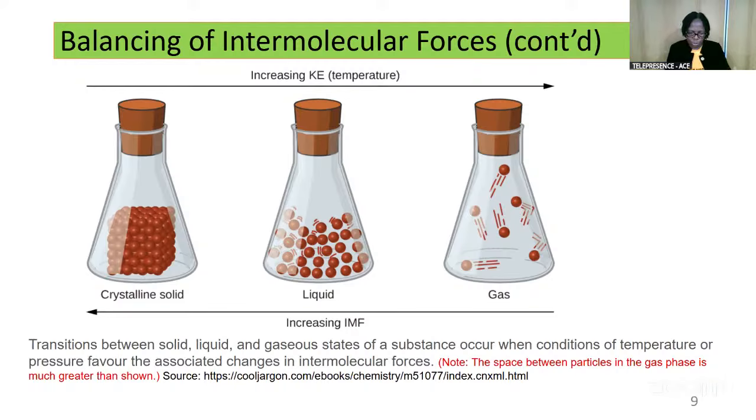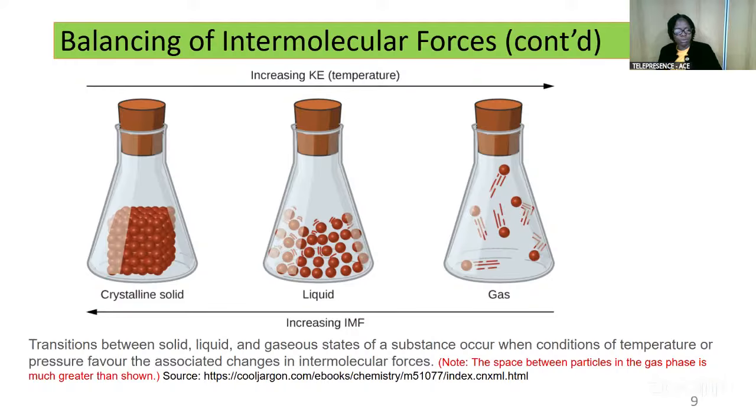But as liquid, at reasonable temperature between 0 and 100 degrees Celsius, you will still have it as liquid. But as you increase the temperature higher, you supply kinetic energy. The molecules can bubble, escape as vapor, be all over a big space, a big room, a big container, and that is what we are describing. That increasing the IMF will also bring about the change in the state of the molecule. If you increase the IMF, it can move from gas to liquid and then to crystalline solid.